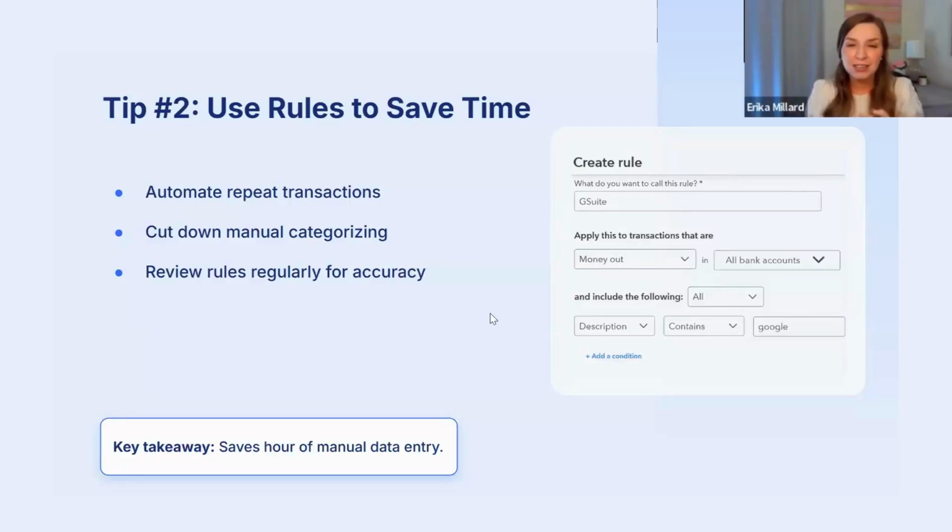And so if you are not using the bank feed, if you're manually entering every single transaction in QuickBooks, you are not doing it the most efficient way, because rules is really automations that help you save a ton of time once you get these set up. So these are most often used for the repeat transactions. Like you can see in this example, something like Google, or if you have an email service provider or other subscriptions that you have the same set amount that is being withdrawn that you're paying every month,